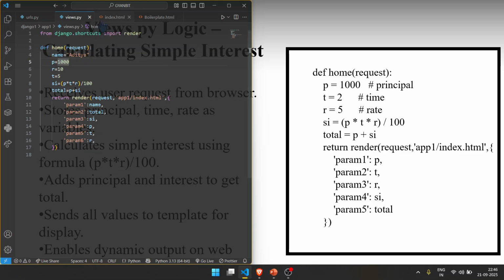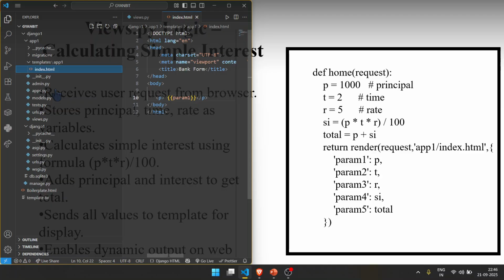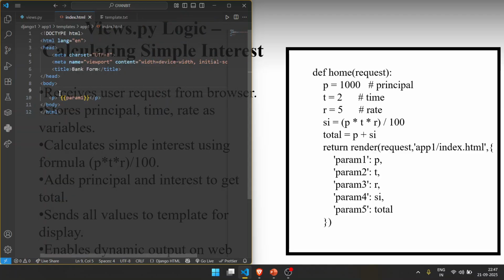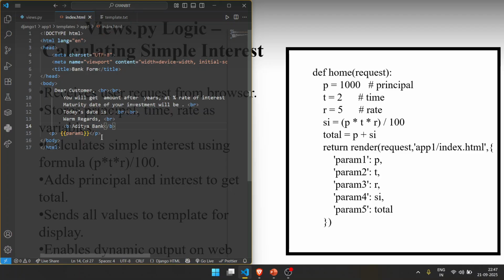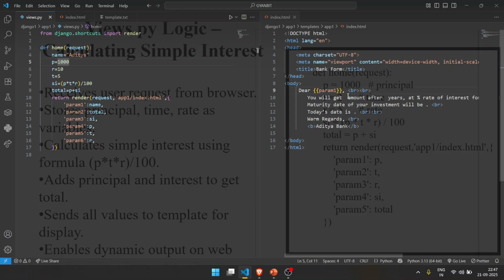Once this is done, we have to make changes in the index.html as well. I already have a small template here which I'll be putting in. Change it to param1. Now, to compare the values, param1 is our name, so dear name, you will get amount of